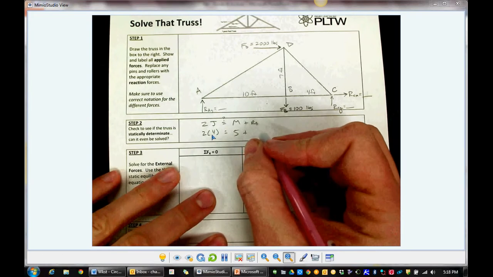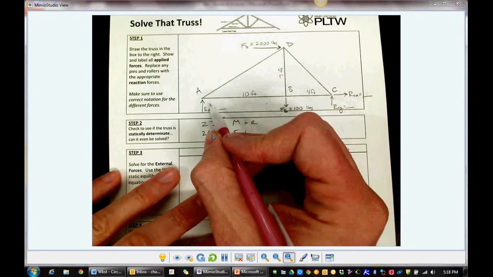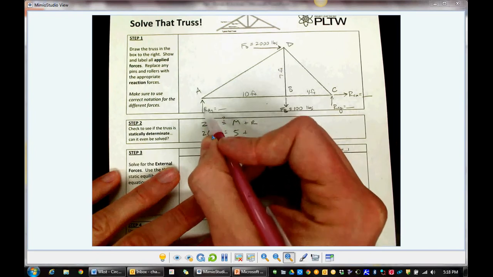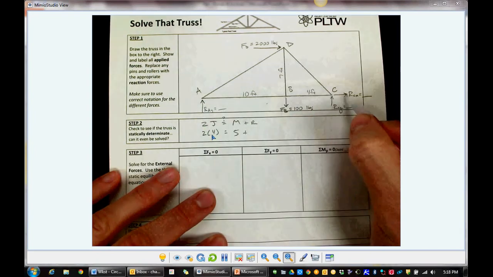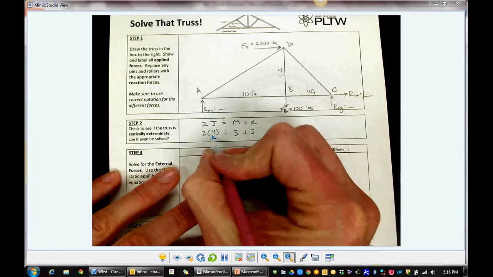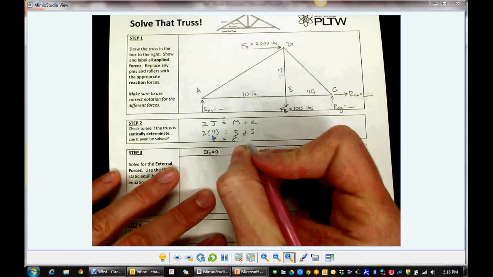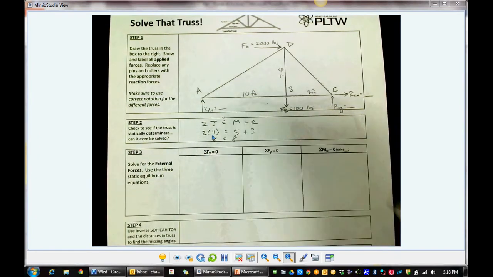Reaction forces. Now we're not talking all external forces. We're talking about just the reaction ones from your supports. So we have 1, 2, 3 reaction forces. 8 equals 8. Yep, it's statically determinate. Let's go ahead and solve this thing. We've got to solve for those external forces now. Since this thing is